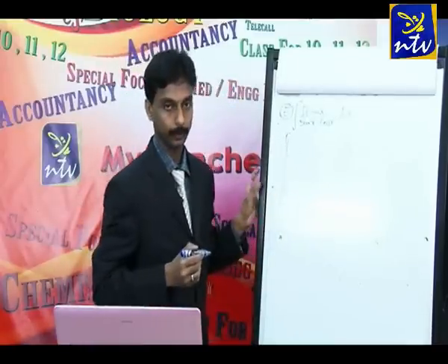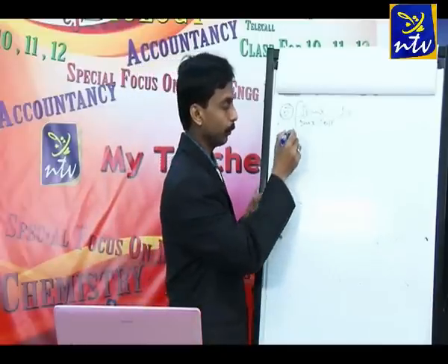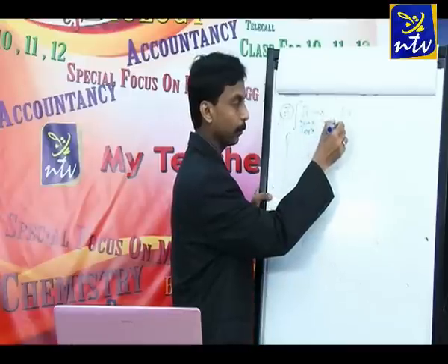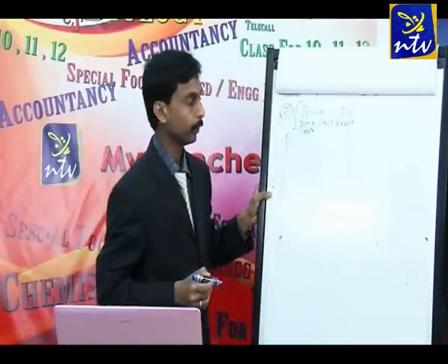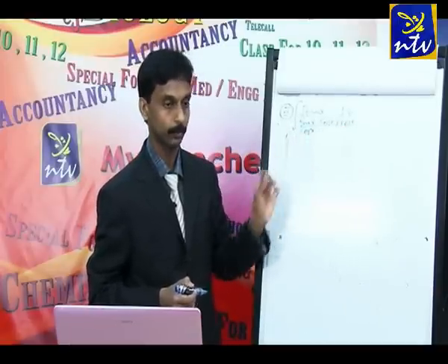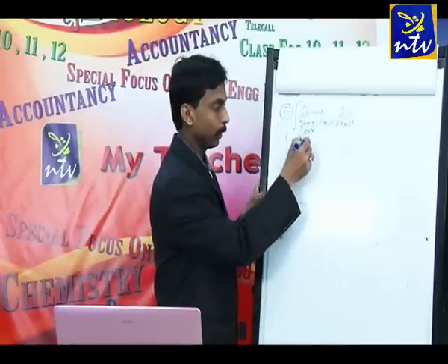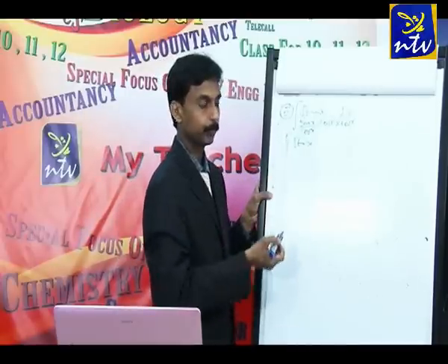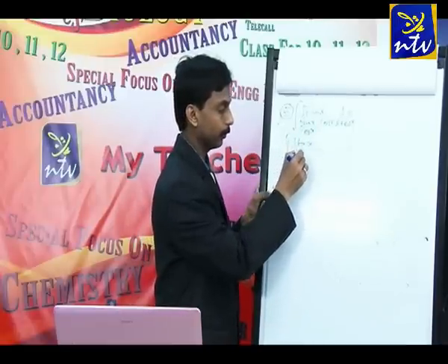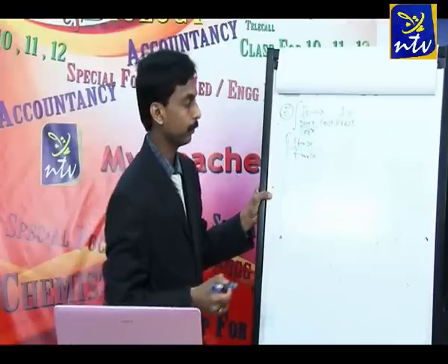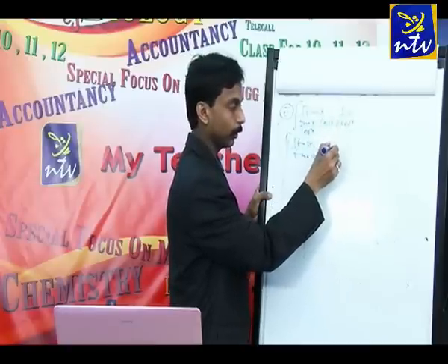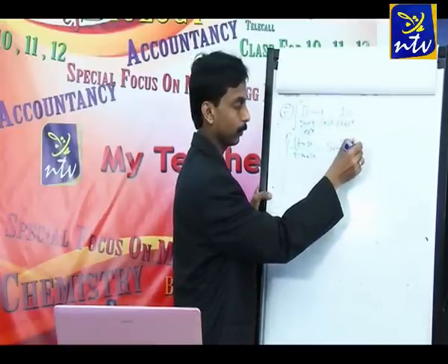For integrating this function, we need to divide sin x by cos x and we will multiply here also by cos x. So we divided by cos x over here and we multiplied also by cos x, so it is cancelled. Now the numerator is root tan x, divided by sin x by cos x, which is tan x, into 1 by cos square. 1 by cos square, you know, is sec square x dx.